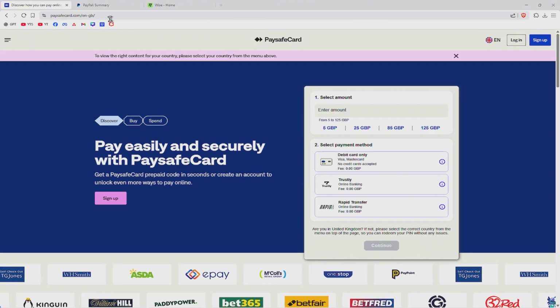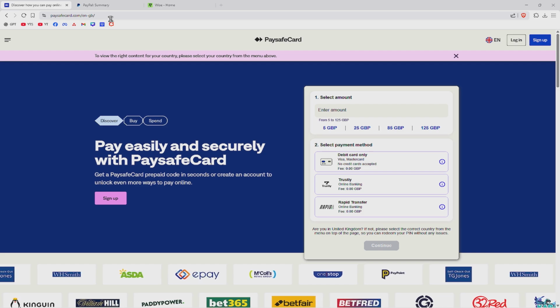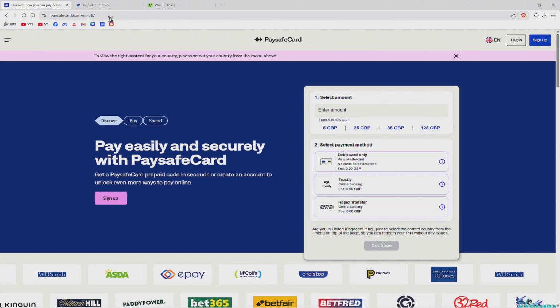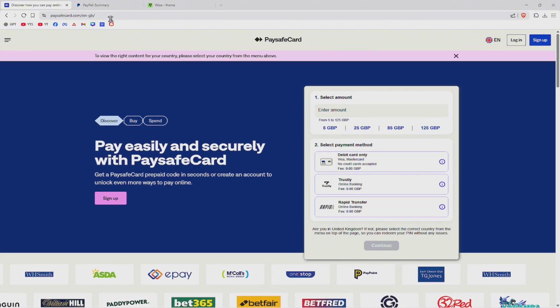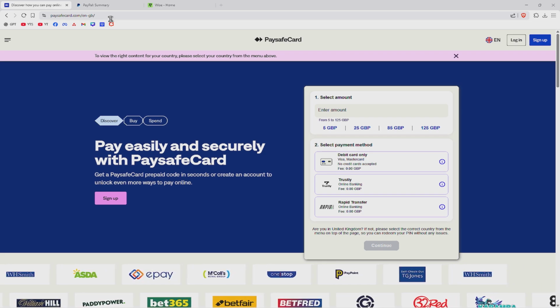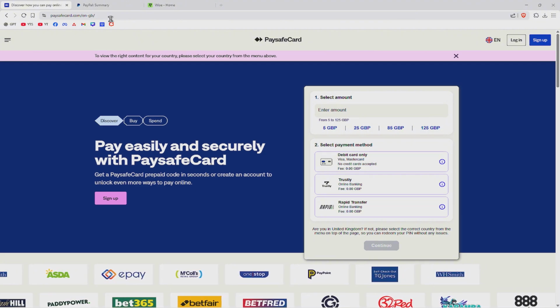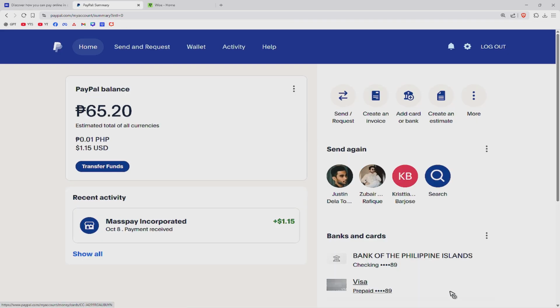Now, first up, I'd like for you to know that you cannot directly convert a Paysafecard balance to PayPal. But you can go ahead and transfer funds by first cashing out your Paysafecard balance to a linked bank account or by getting a Paysafecard MasterCard. Once the funds are in your bank account or on the MasterCard, you can then link this to your PayPal account right here to send money to PayPal and cash in, or spend